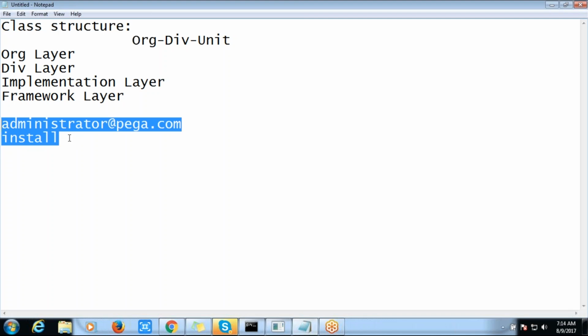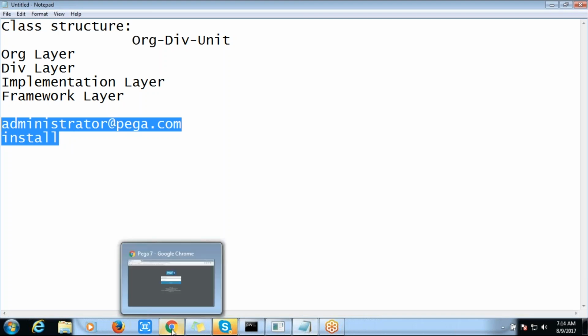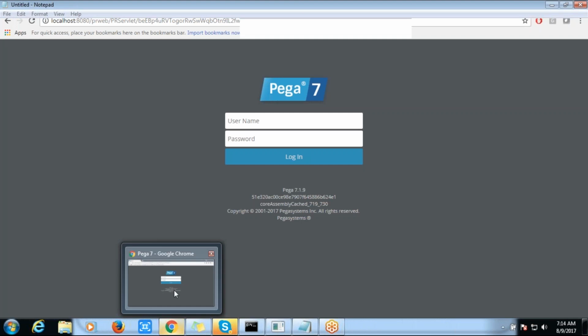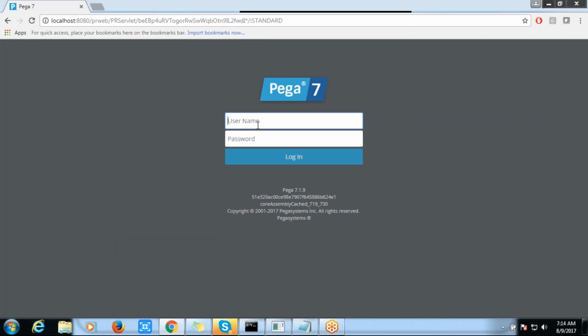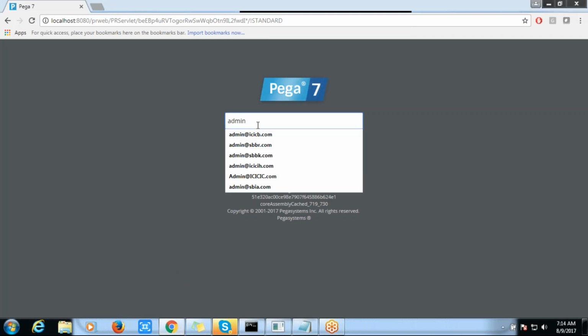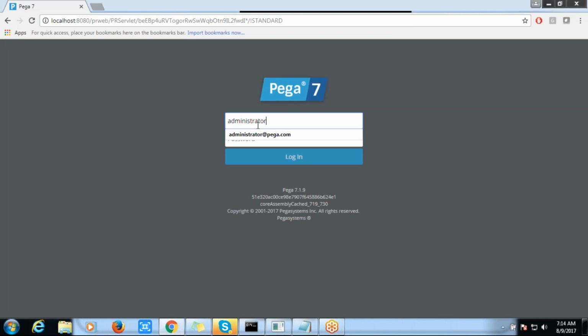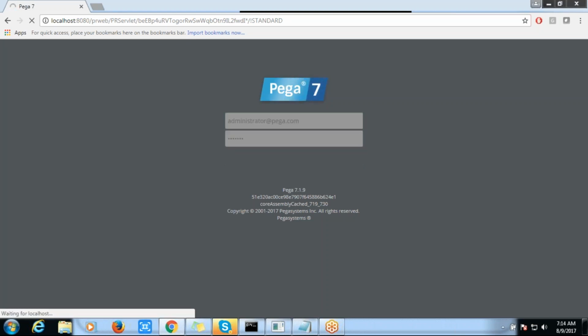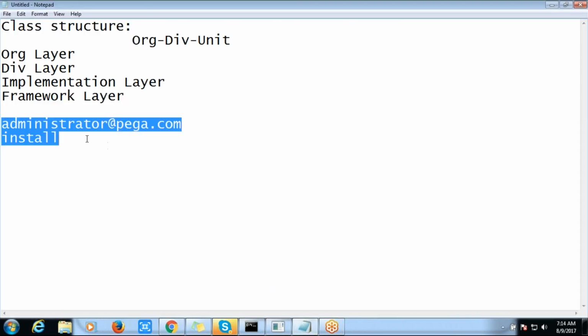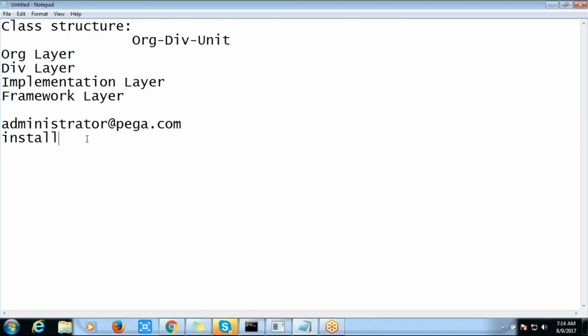We are going to log in with that to create our class structure or the application. It is administrator@pega.com and the password is install. This is the default user ID and password across all the personal editions, whatever the version is.